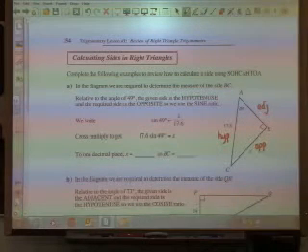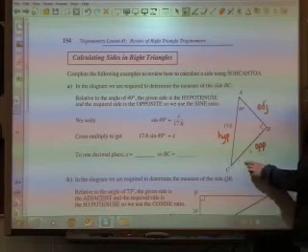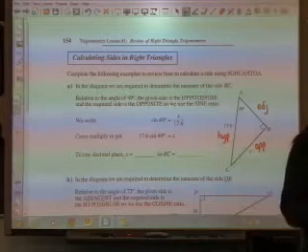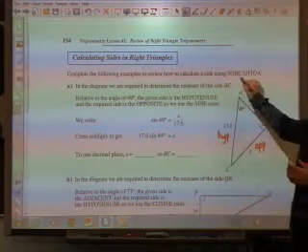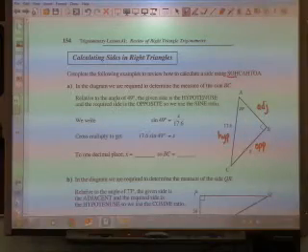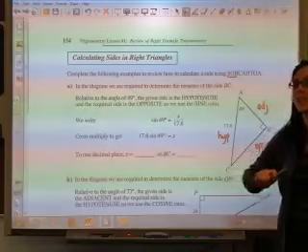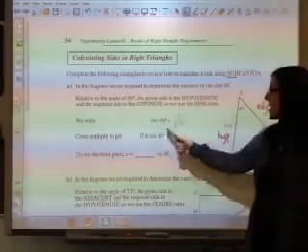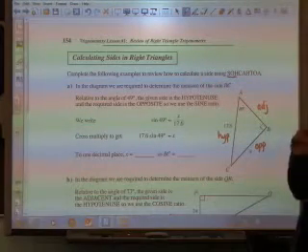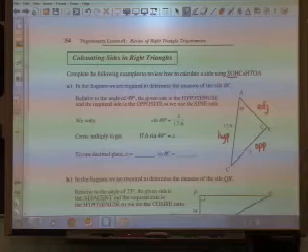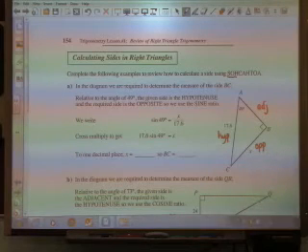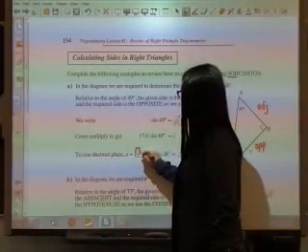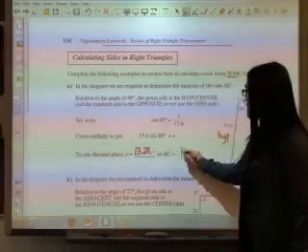So again, I'm asked to find the opposite side, I'm given the hypotenuse, and I'm given the angle. Where do I find opposite and hypotenuse? In sine. So when I set this up, I get the sine of a 49 degree angle equals x over 17.6. To get x by itself, I multiply both sides by 17.6. And what do you get when you go 17.6 times sine 49? 13.42. So to one decimal place would be